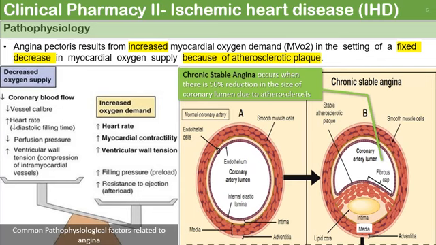Okay, this leads to a reduction in the oxygen supply of about 50% to 70%, which is a fixed reduction in the blood vessel or oxygen supply to the myocardium. The remaining amount of oxygen supply or blood flow is usually sufficient to maintain usual daily activity. But on exertion,